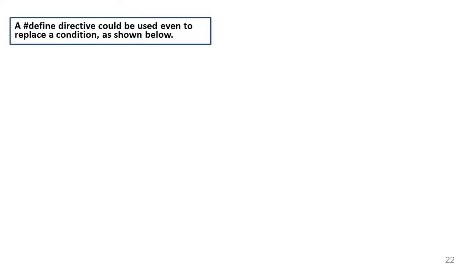Define directives can be used even to replace a condition. In the previous slide we used a directive to replace an integer value, but now we are replacing it with a condition. So, hash define AND, a customized name for that particular operator, the and operator.